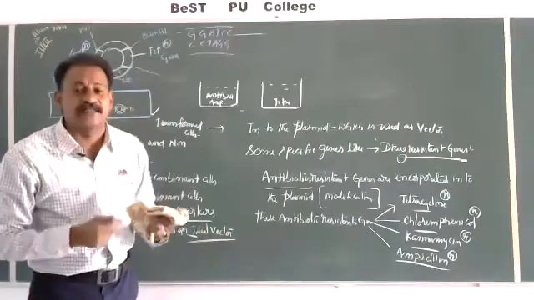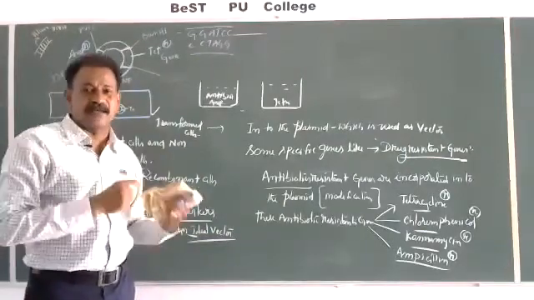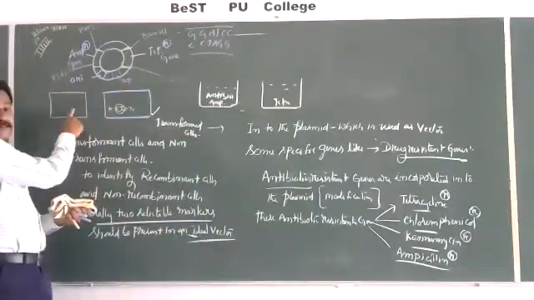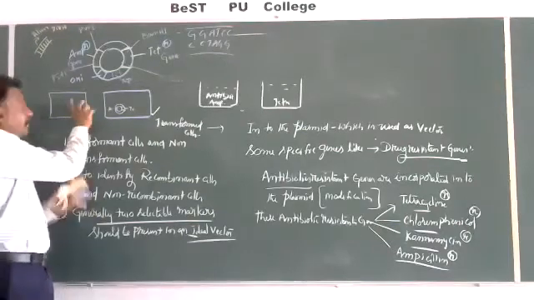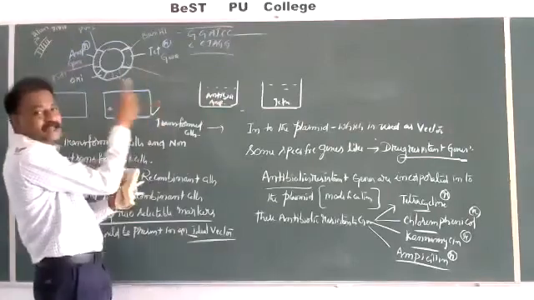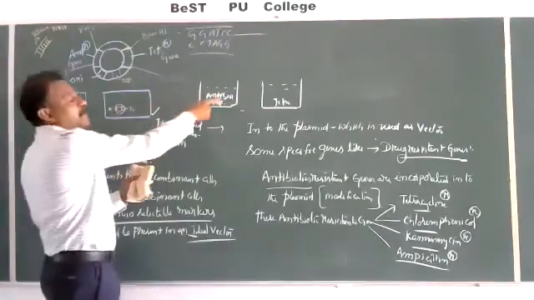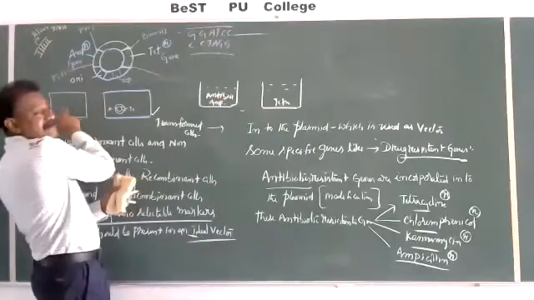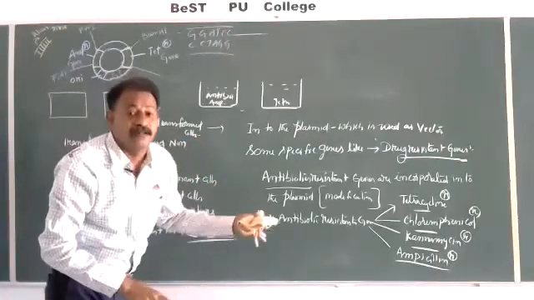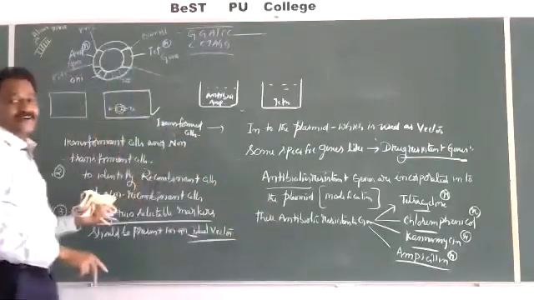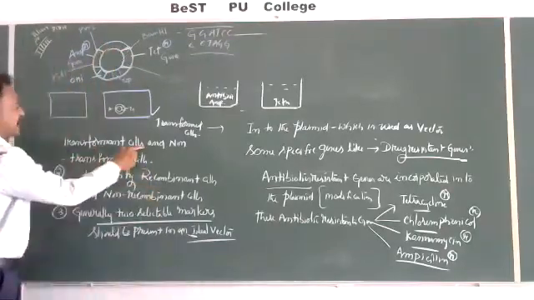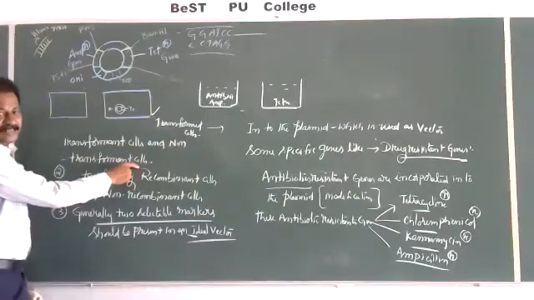A transformed bacterial cell means it possesses a plasmid with antibiotic resistance genes, and a non-transformant does not have it. When you keep all the bacteria in an ampicillin medium, those bacteria that have ampicillin resistance will live, and those that do not have it will not. So these are called transformed and non-transformed bacterial cells. Selectable markers are responsible for identifying transformant cells and non-transformant cells.